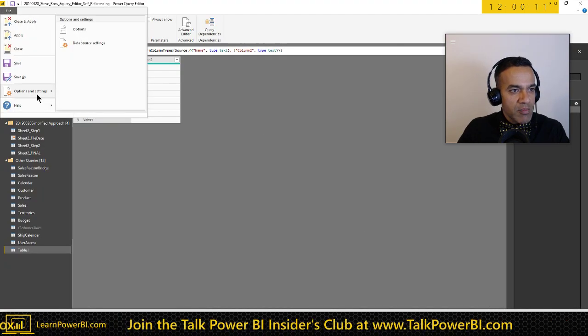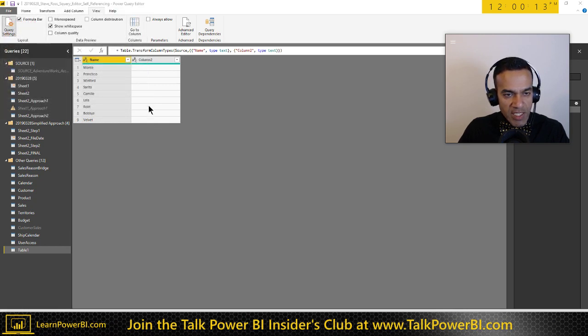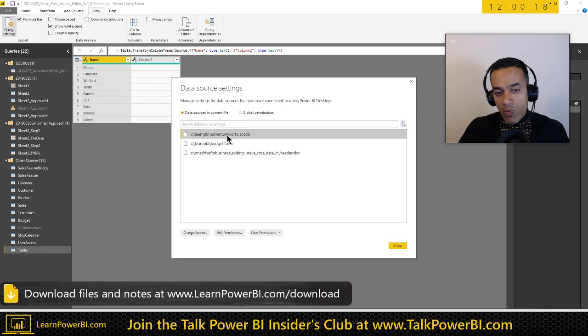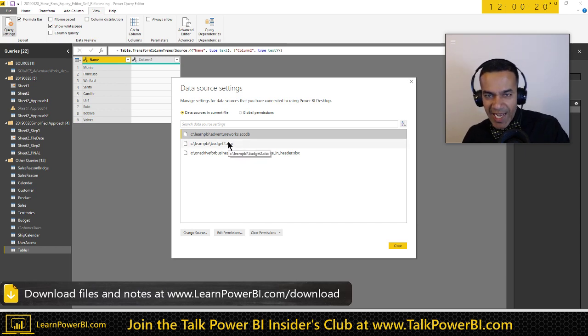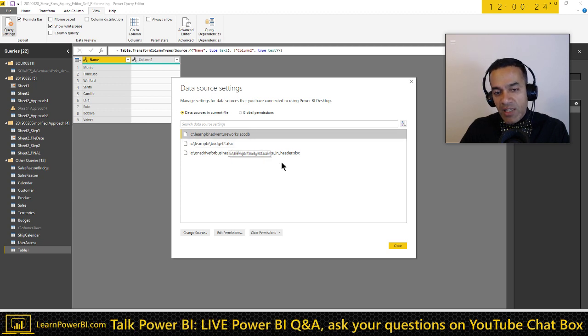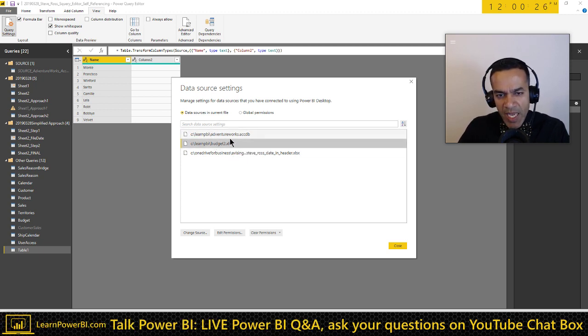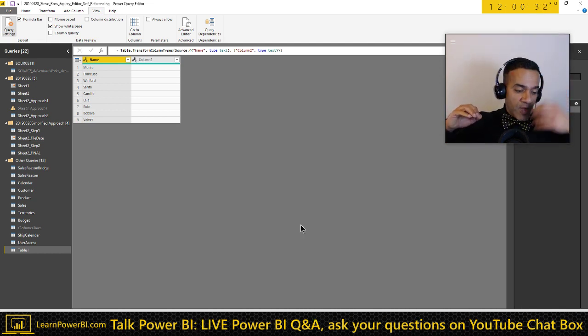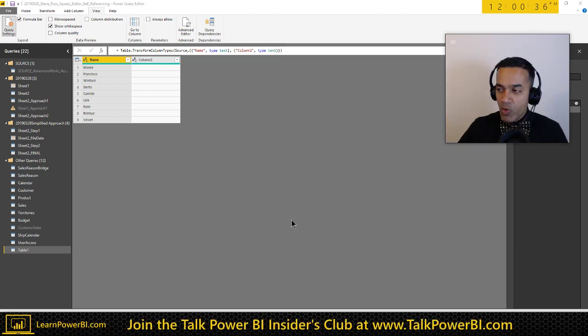You can also see them by going to data source settings in here. And that's also a quick way to change it, by the way. Now, what you can't do here is change an Access database or an Excel file to SQL, but you can change that in the query editor, right? So that's a separate thing, but you can change the location and such. All right, so again, a model doesn't have its own data, and that's good, right? So that's how you want to operate.